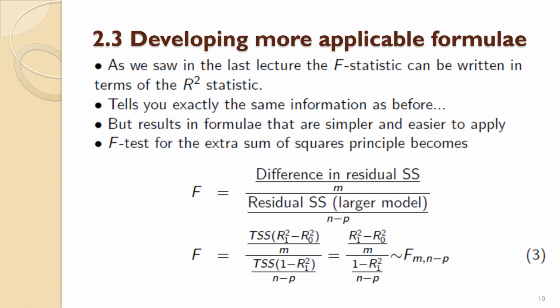Now you can write sum of squares components in terms of the sum of squares. They cancel something, that is written in terms of the difference of the R-squared statistic over the minus the R-squared over the